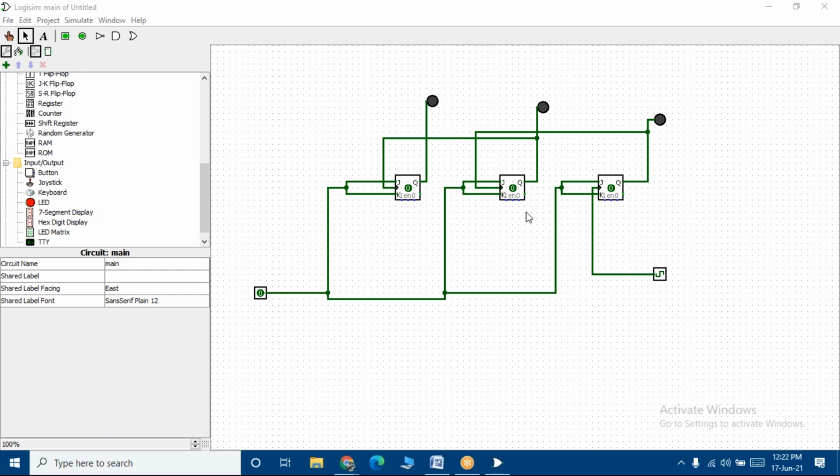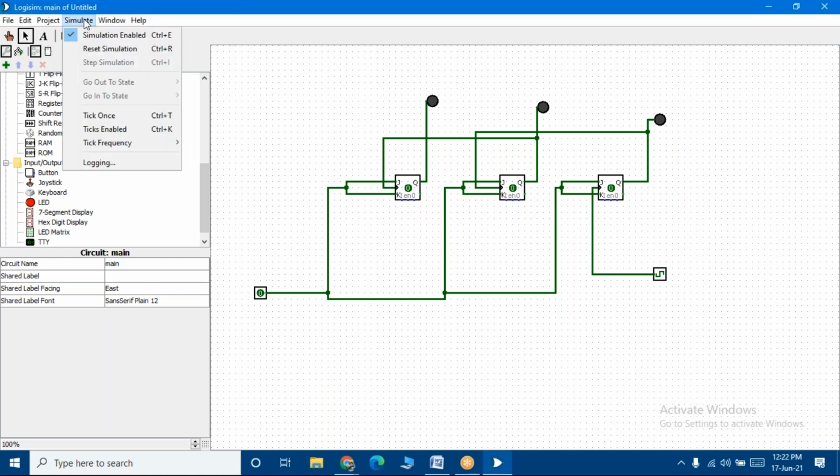So okay, students, now the connection is complete. Let us go to simulate. Before we simulate, as I've told you, we have to make the JK inputs high. Now listen carefully, we have to go to something called simulate. Let me click on simulate. When you click on simulate, you have an option called tick once, and tick enable. Let me click on tick once, and I'll also have to make ticks enabled. So ensure that ticks is enabled.